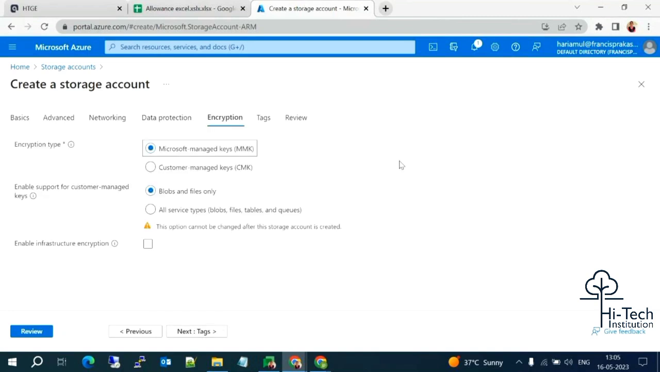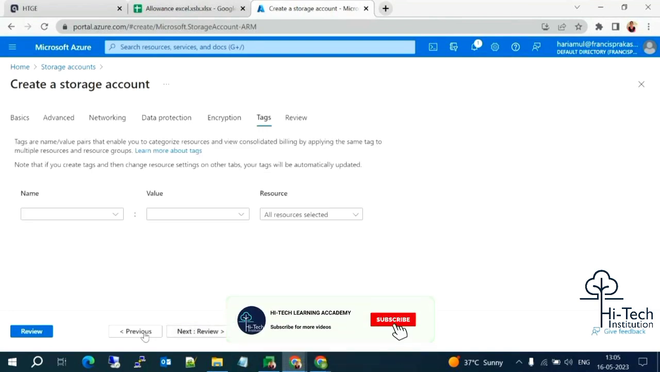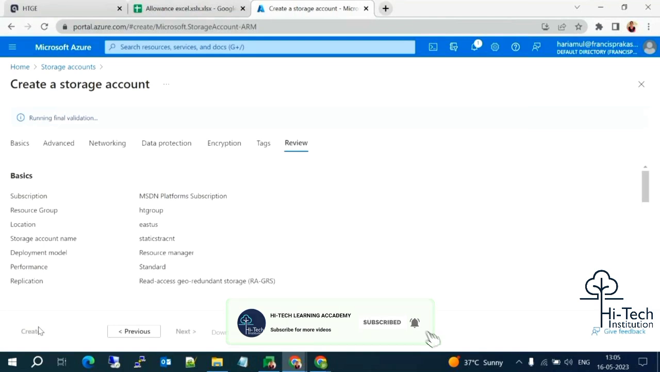This storage account is for storing your data and information. When anonymous or unwanted users try to access your storage account, that time we need encryption. So if you want, you can enable the encryption, and then only can you protect your data. Next, finally, I'm going to click on review. Once the review is completed,